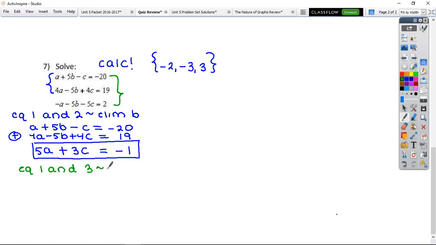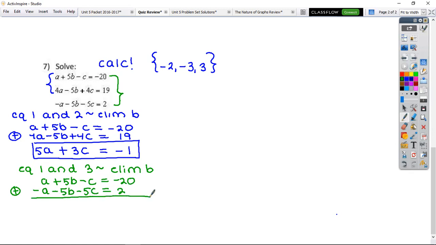Again, our plan is the same. We are going to eliminate B here. So I have A plus 5B minus C equal to negative 20, followed by negative A minus the 5B minus the 5C equal to 2. I'm going to add straight down anytime my signs are opposite. A's cancel, B's cancel. I get negative 6C is equal to negative 18. Therefore, C is equal to